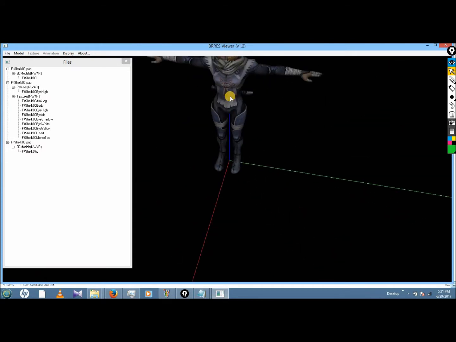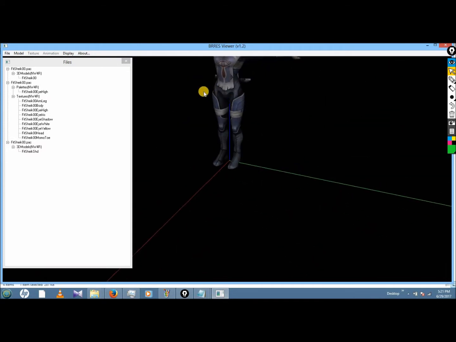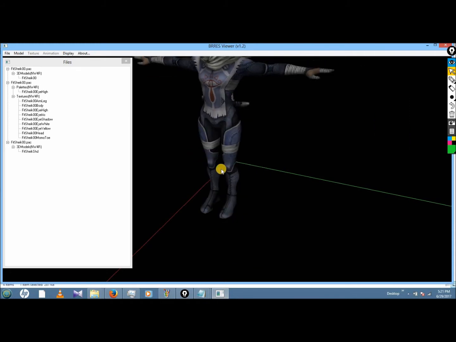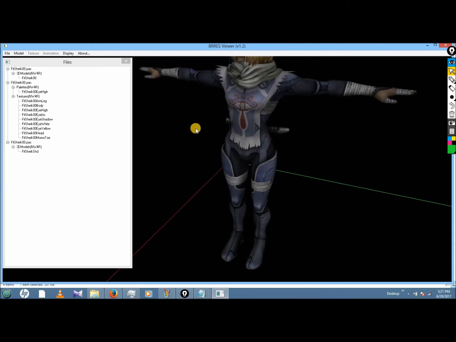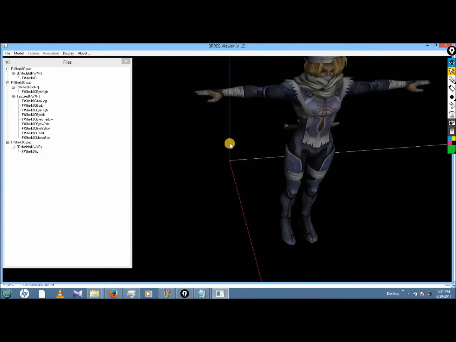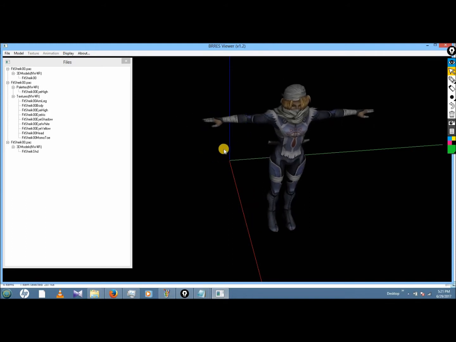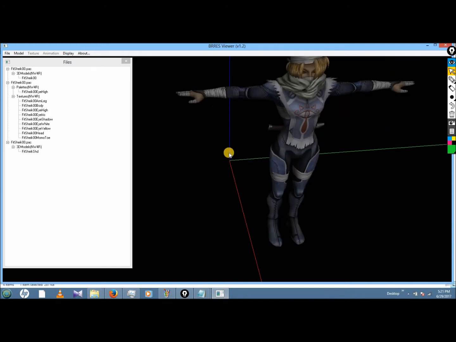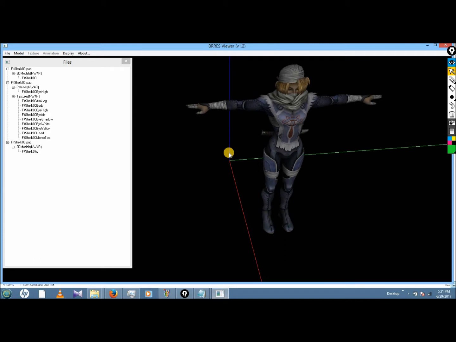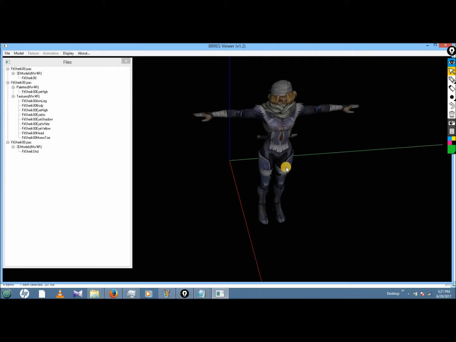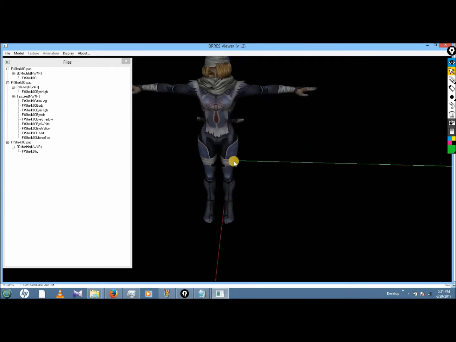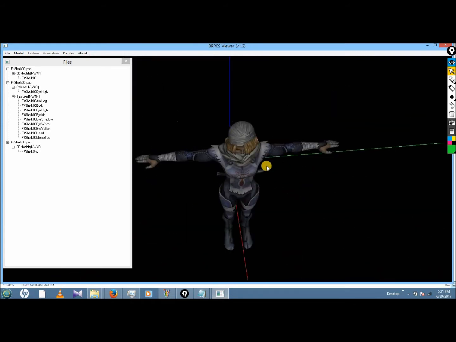If you can't tell if it's the model that you want, if you hold down right click, you'll move the model, but it won't actually move the model, it'll only appear to move for transitioning. Scrolling on the mouse wheel is zoom in and out. Left click drag is rotate the camera.